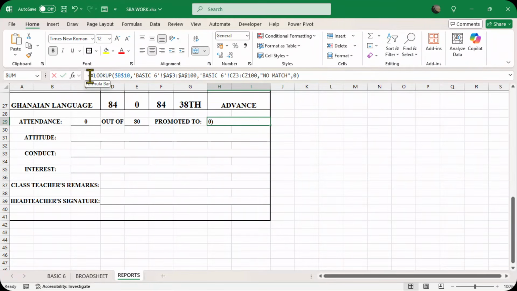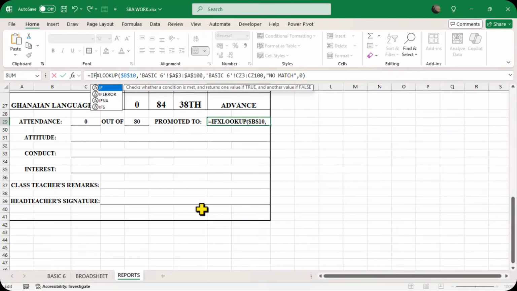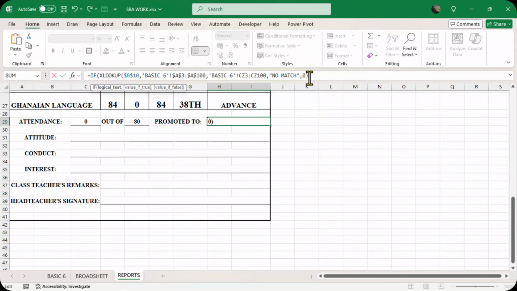Let's wrap it in the IF function. So IF this everything there is equal to 0, then the value should be empty. So double quotes without a space between them,